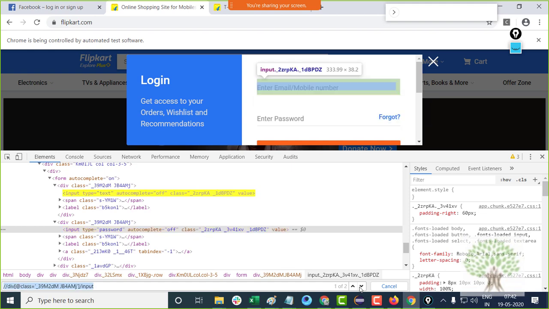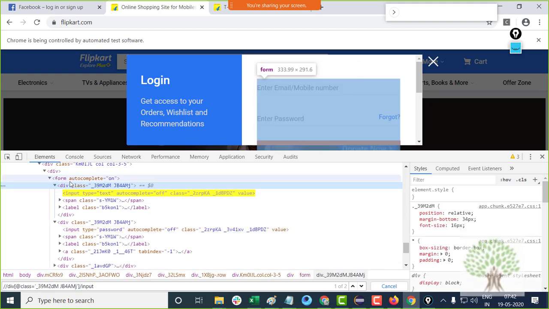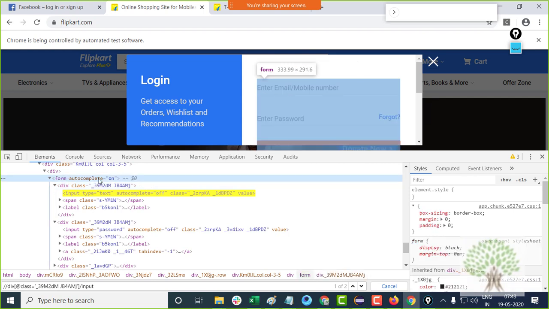In this case we again move one tag above the tag from where we started to build the XPath. This division tag is inside this form tag, which has a parameter known as autocomplete set to on.